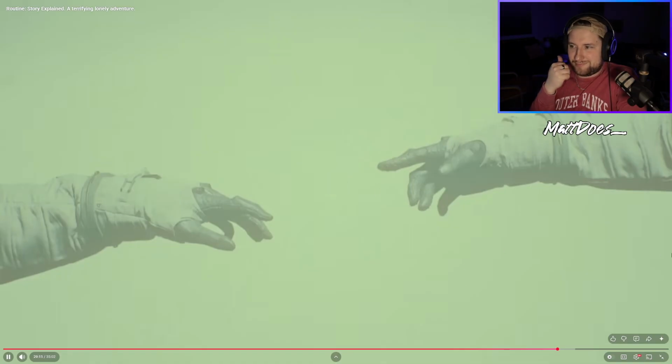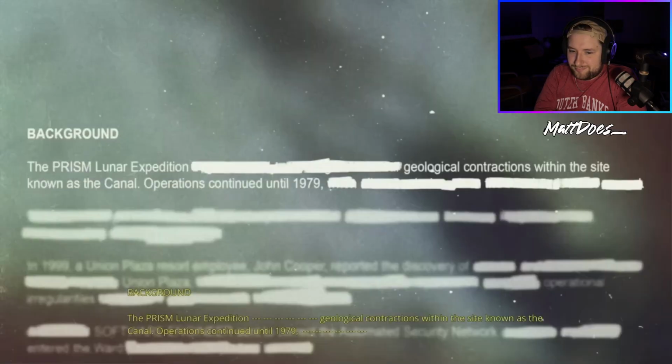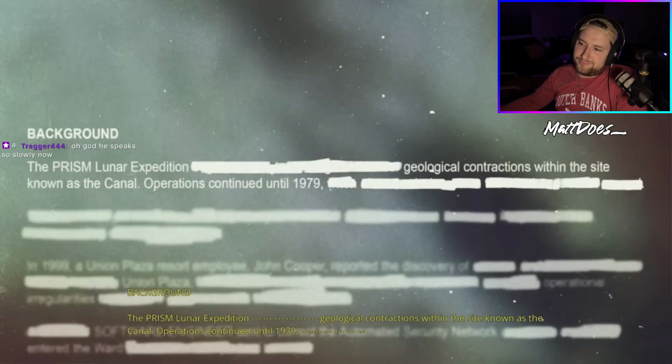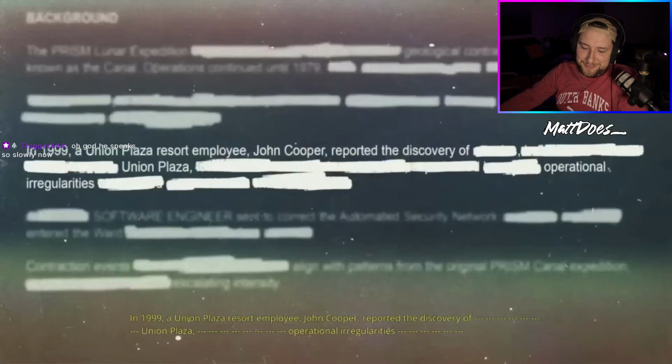Dates flash by. 1999, then 2025. A series of heavily redacted reports appear. 2025, summary, recovered data from original Prism Canal expedition. The Prism expedition officially ended in 1979. In 1999, a Union Plaza employee